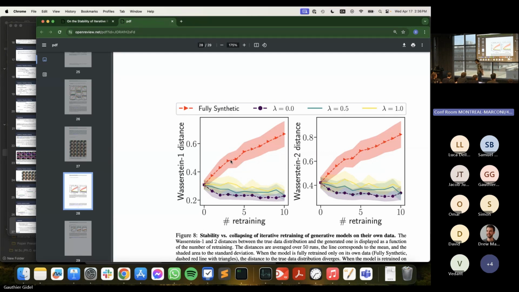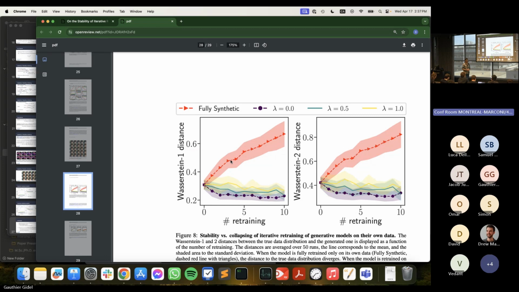But it felt to me that it was connected to a very important question of understanding the long-term dynamic of what happens when you train on data you generate. But does that happen if you filter the data? So that's the first step. I agree. The point is to keep building on this. We try to show that in the simplest setting, there was still a hope for stability while injecting real data. And I believe the next step would be to show that there is still stability filtering the generated data.